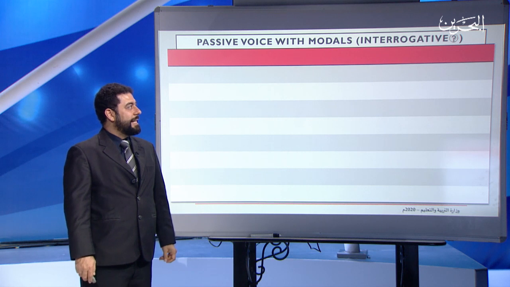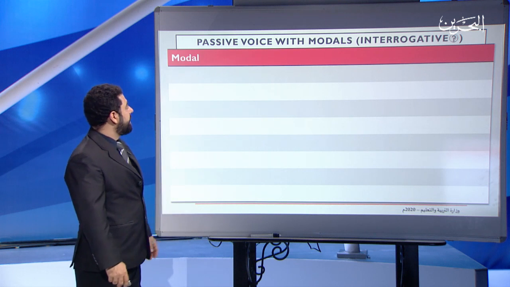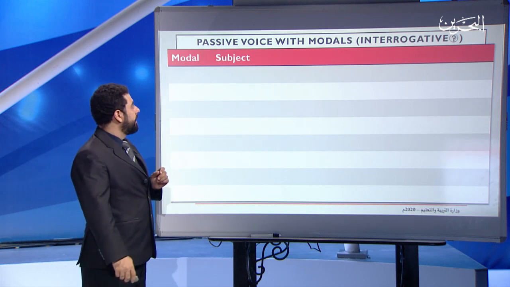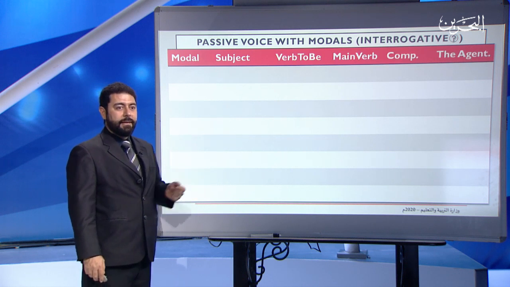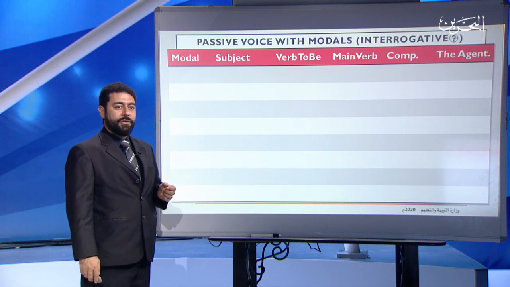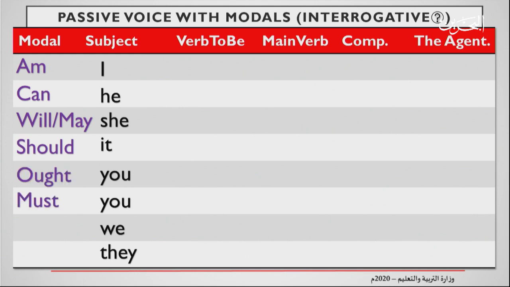All right, now let's build the passive voice with modals interrogative, which means building questions. How to build questions? Well, you start with the modal, an auxiliary, then the subject, verb to be, main verb, complement, and then the agent, which is optional. Okay, so these are the subjects as you remember them, and this is how you start. You start using the auxiliaries or the modals. So, am I, can he, will she or may she, should it, ought you, must you, do we, had they,